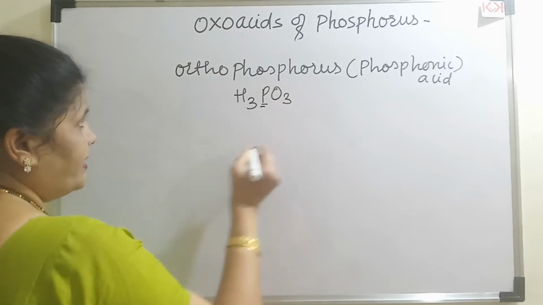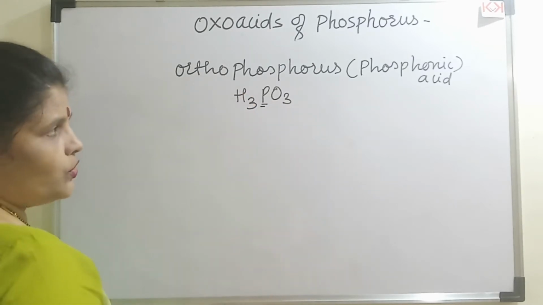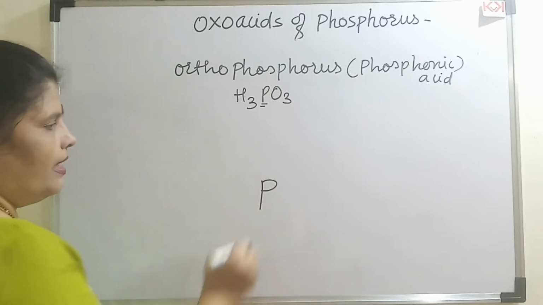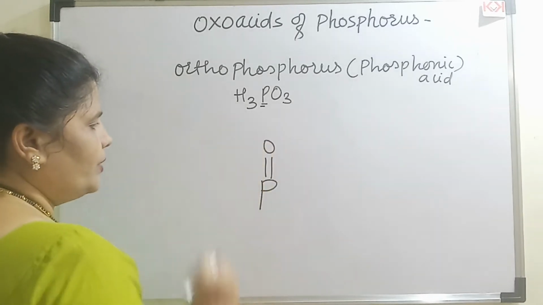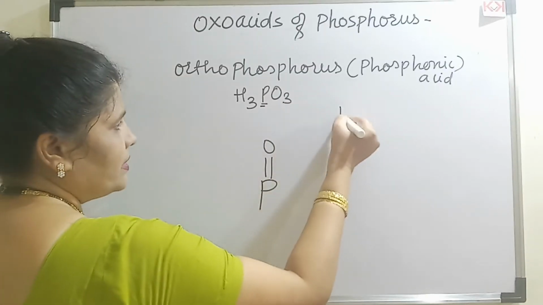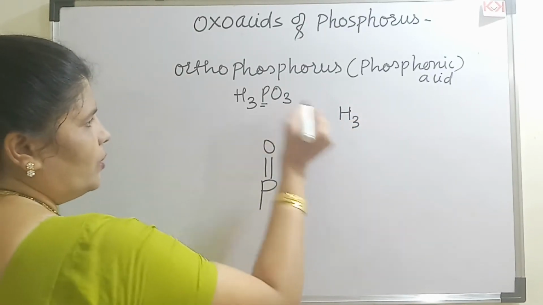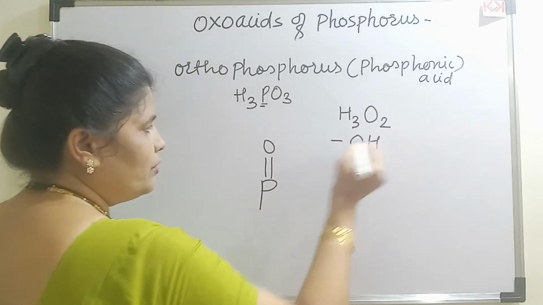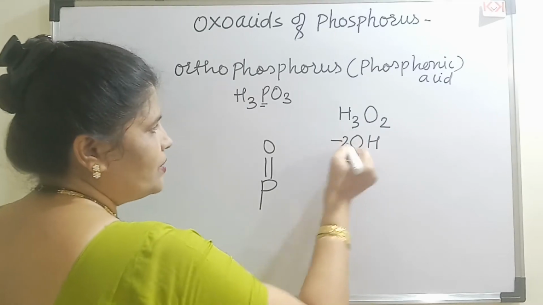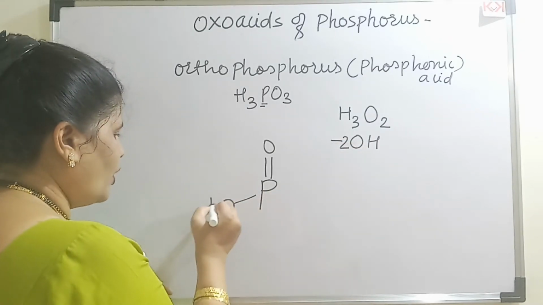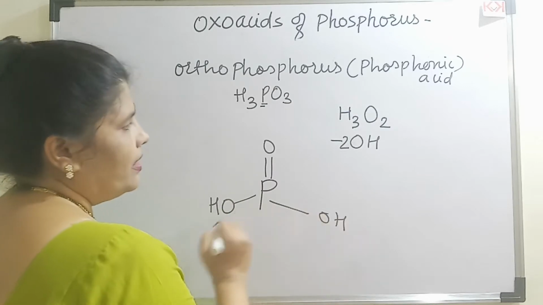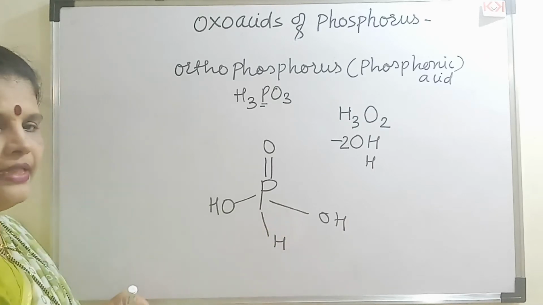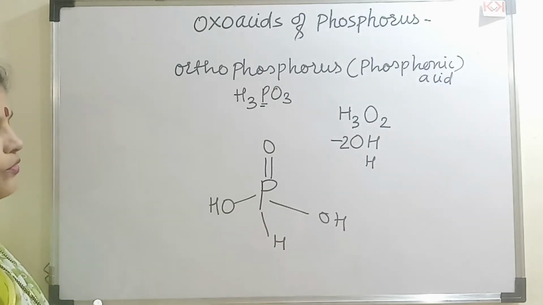Here again I will write this is orthophosphorus acid, also called as phosphonic acid. So let us write the central atom phosphorus. Attach a double bond oxygen to it. Now what is left? 3 hydrogen, 1 oxygen gone, so 2 oxygen left. Form maximum number of OH molecules. How many OH you will form here is 2. So I will attach 1 on this side, 1 on this side. Now what is left, student? 1 hydrogen is left, so I will attach that hydrogen in this way. So this is the structure for orthophosphorus acid.